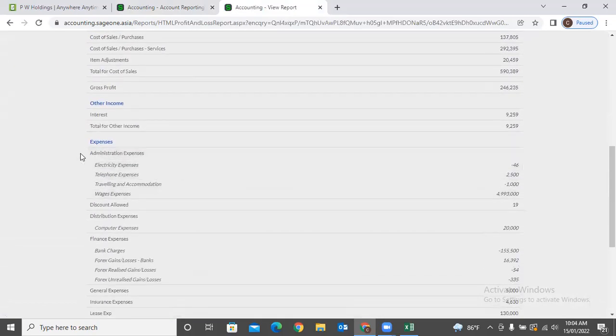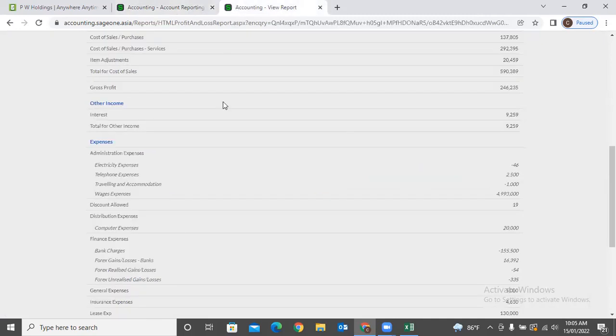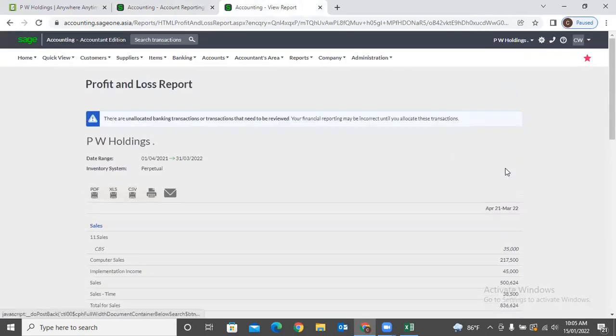Now you can see this administration expenses. Under that, you can view the other GL accounts. Here we have grouped these accounts under administration expenses. Therefore, when you are generating the report, the system will display this group and GL accounts. And also, when you are generating this report, there's an option